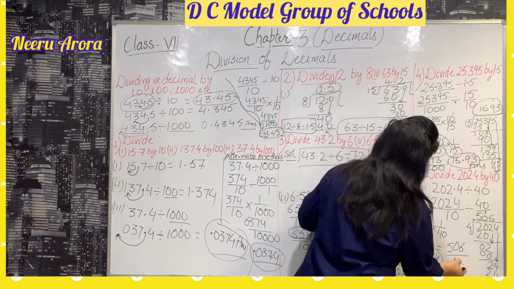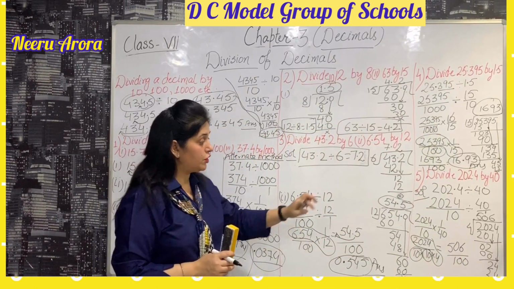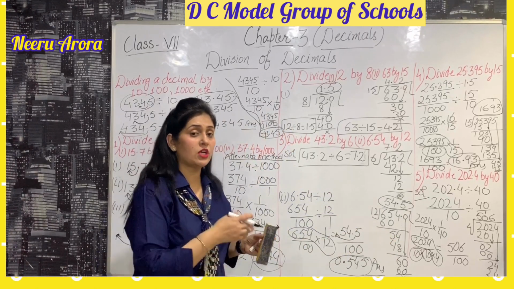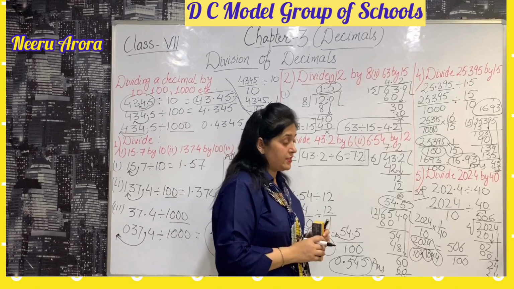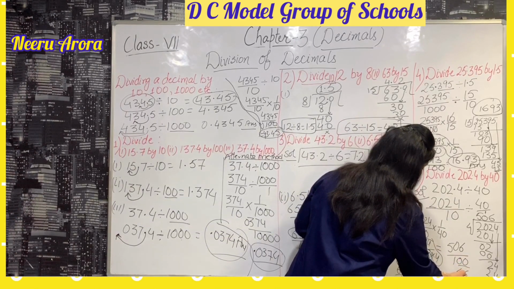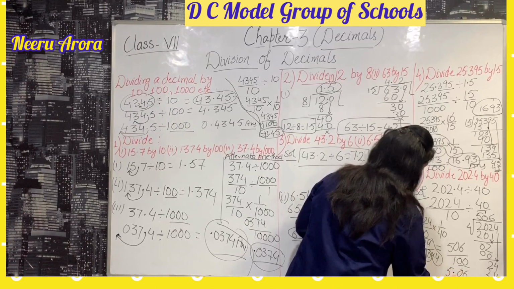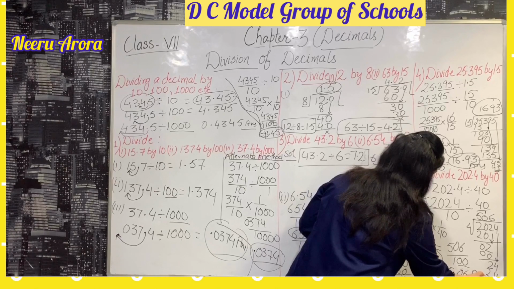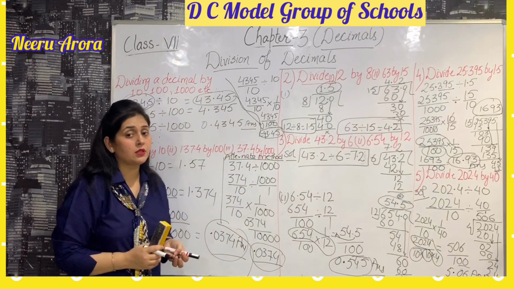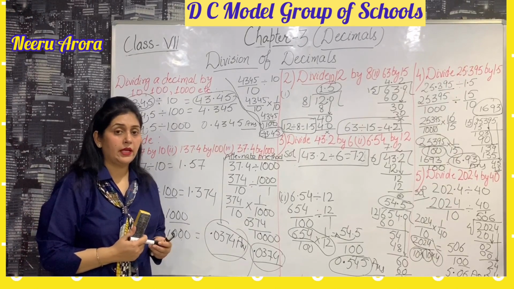This is 100. 10 into 10. Now we use 100 here. We have not used it anywhere in the sum. Now we are going to use this 100 just to convert the given number into decimal form. So here we have 100, we will leave 2 digits from the right. The answer is 5.06. So this is the division concept. I hope it is clear to you. Thank you, students.